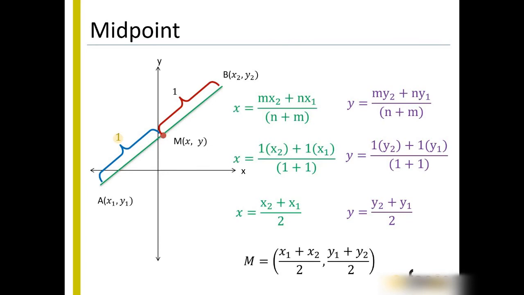The midpoint of the line segment joining (x1, y1) and (x2, y2) is given by M equals ((x1 plus x2) over 2, (y1 plus y2) over 2). This is like the mean average of x1 and x2, and this is like the mean average of y1